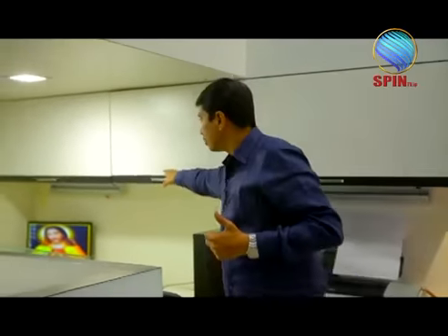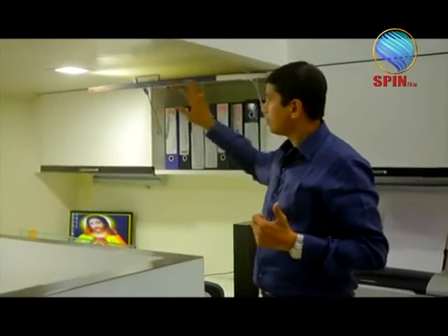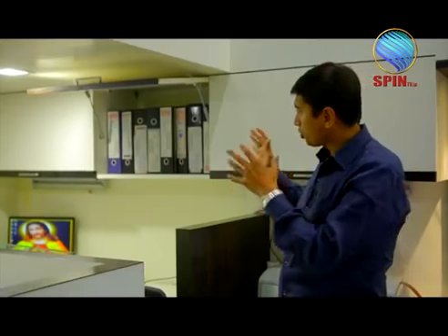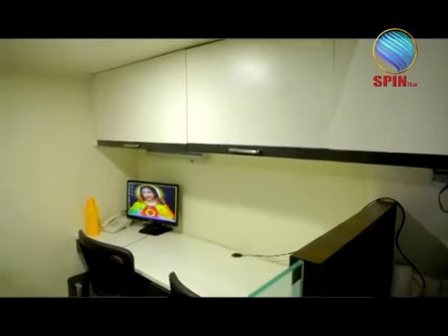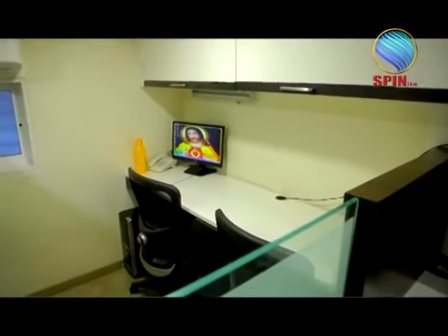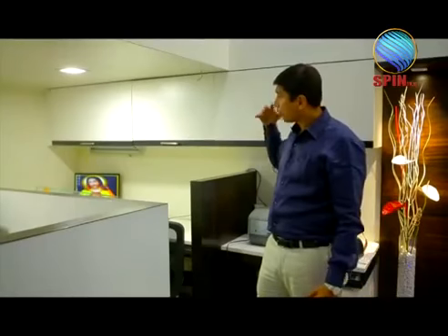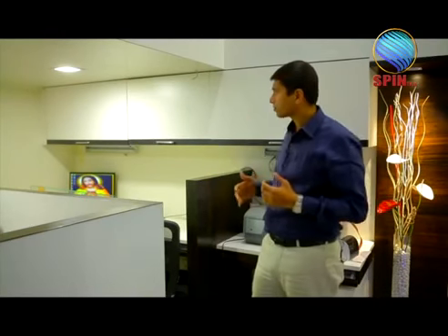As we see, there's an overhead storage provided above the workstation, where it becomes very convenient to catch hold of any file, and it becomes a much more private kind of storage. The material used here again is a Unicor laminate with a veneer. This gives a matte effect similar to Duco paint, and it gives a very uniform look. And at eye level, as we stand here, you get a white kind of background which soothes the eye and doesn't distract it.